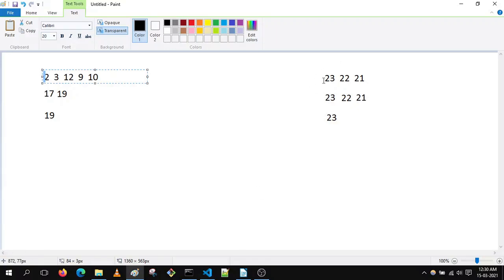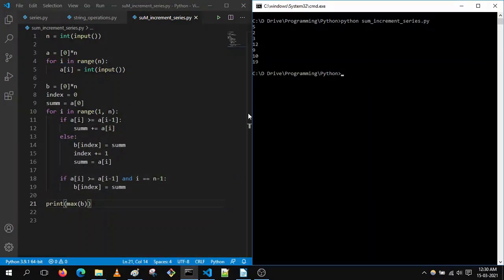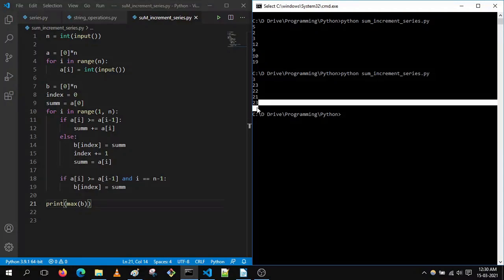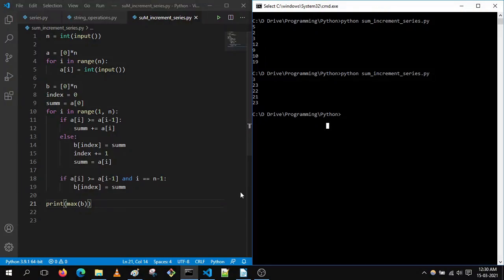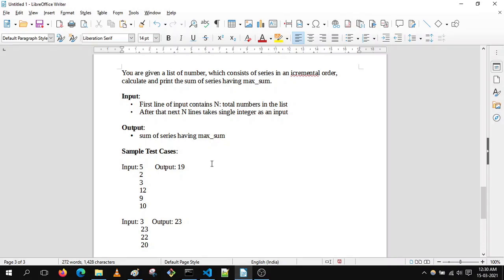After that we are having three elements as the second input, and the elements are 23 22 and 21. We can see that 23 is the output, because 23 is the maximum sum among them. So this is how we can solve this problem.